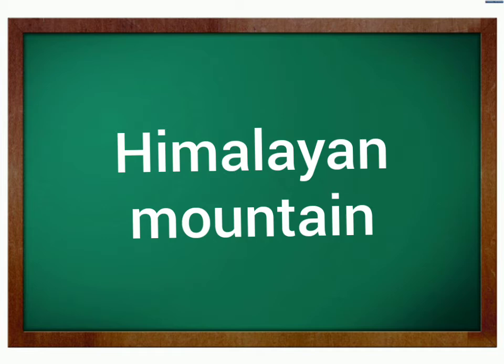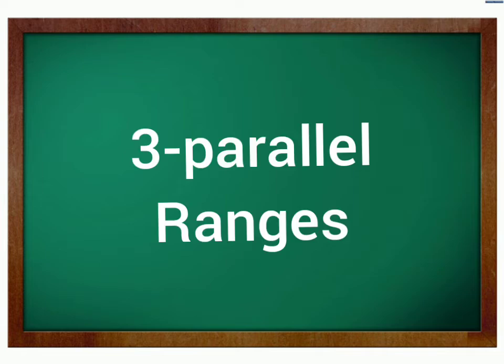The mountains are geologically young and structurally folded mountains. That is why Himalayan mountains are called young folded mountains. It stretches over the northern borders of India. It extends from west to east between Indus and Brahmaputra. It is loftiest and rugged. It consists of three parallel ranges.